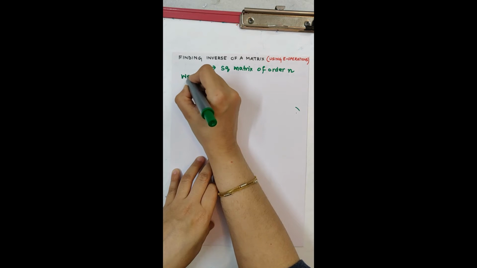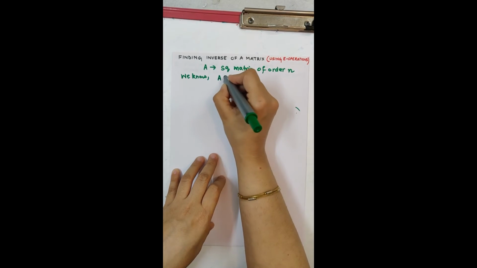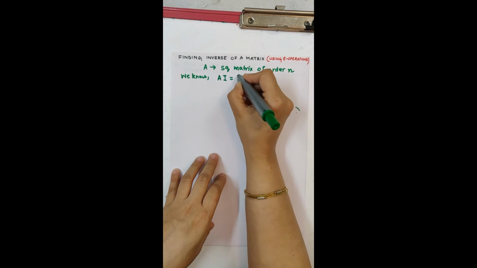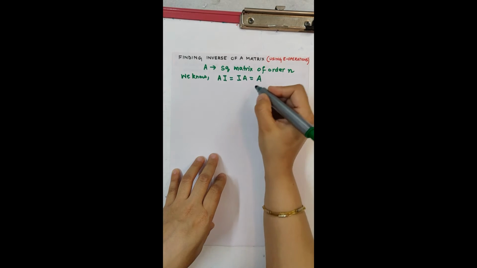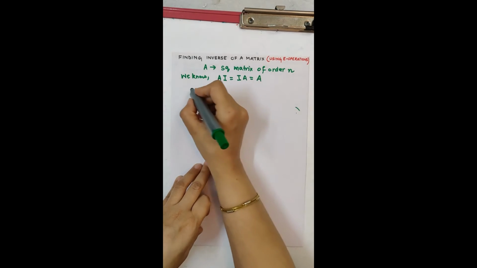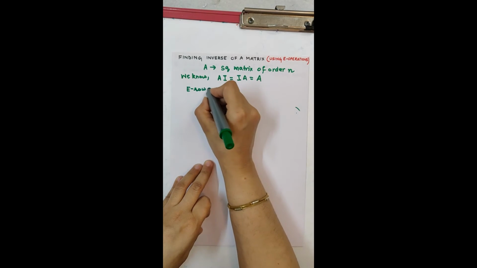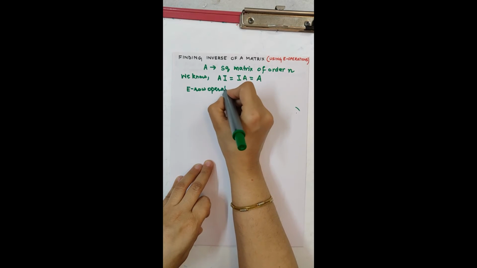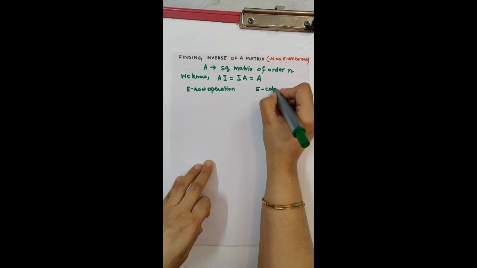Now we already know this, that for any given square matrix, A into I is the same as I into A is the same as A. Now we shall make use of this to find out the inverse of matrix A using elementary row operations or elementary column